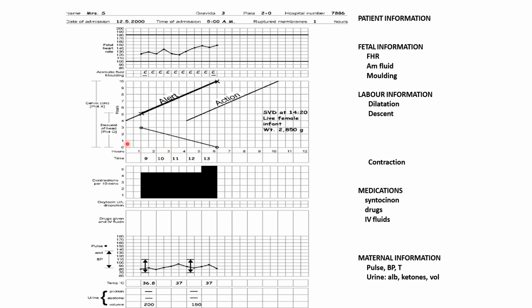Next one is descent of the head, and the descent of the head you are supposed to mark by a small circle. See, this line shows the descent of the head. Here one circle you can see, here also one circle is there, and here at the side you can see 0 to 10. This graph is given as 0 to 10. Here the 5 you are taking as station 0, and at 9 o'clock when you are assessing, the small circle is marked at 3. That means the station was plus 3 at 9 a.m. So there you are supposed to mark.